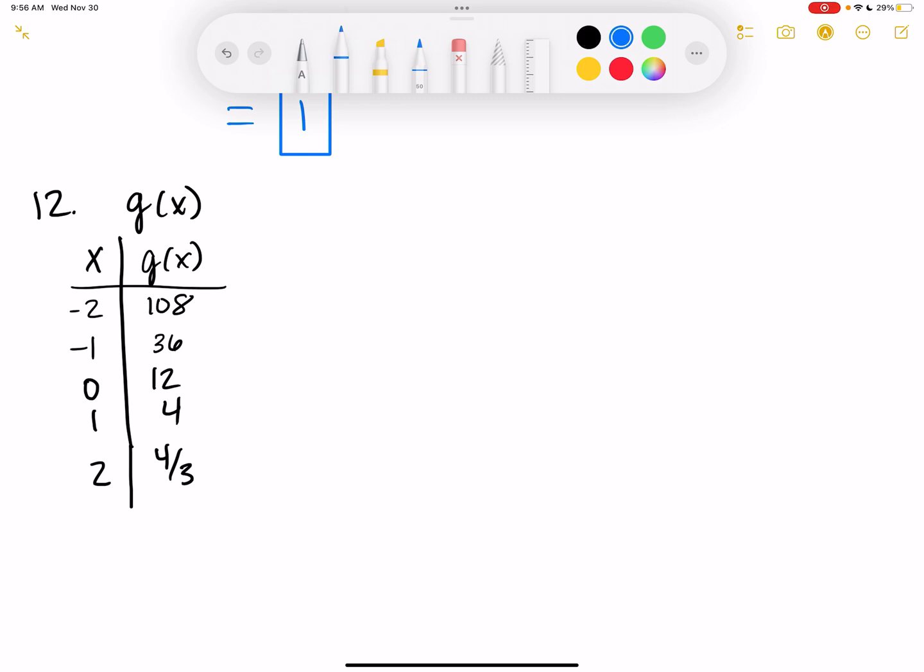All right, so to do this, we find the formula for a times b to the x. So we have to figure out what's getting plugged in there. So a is going to be what happens when x is 0, basically, because then b to the x would just become 1. So when x is 0, a would be 12. So 12 times